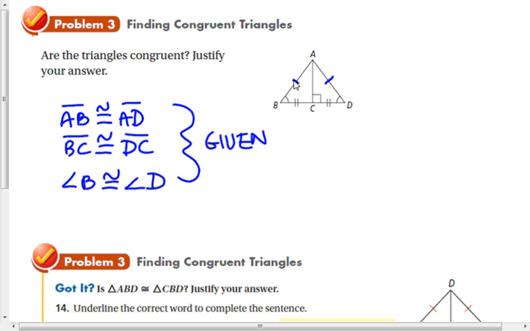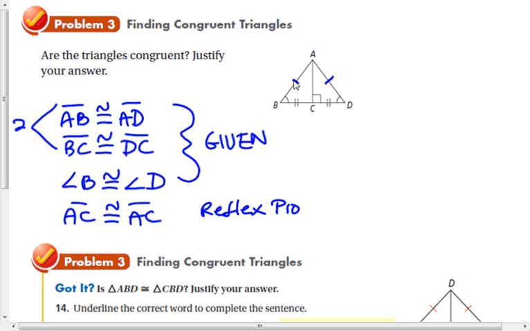We have to show one more side. So we have 2 sides here. So we need one more side. Let's do that right now on that side, AC, and that's both of them. So we're just going to say AC is congruent to AC, and that's by the reflexive property of congruence. So now we have three sides,